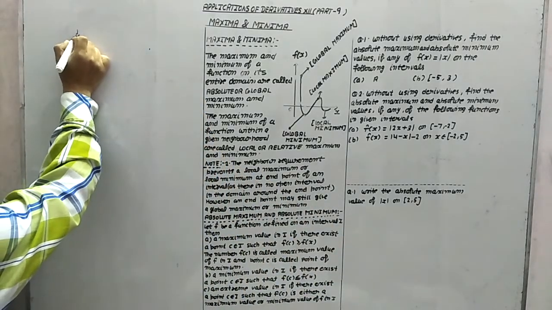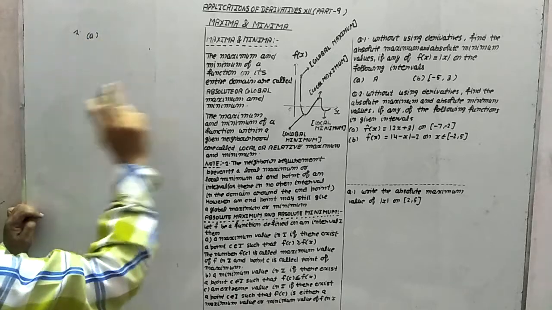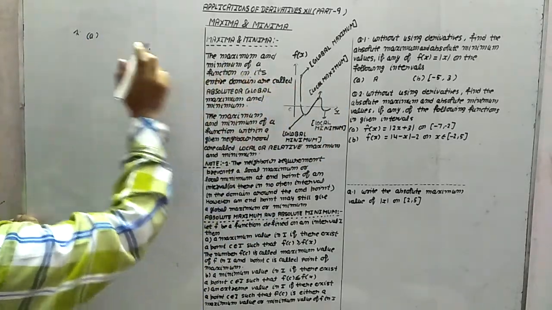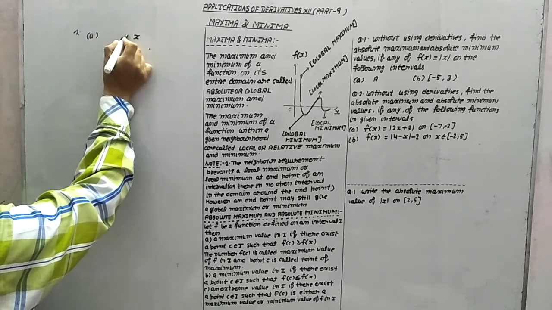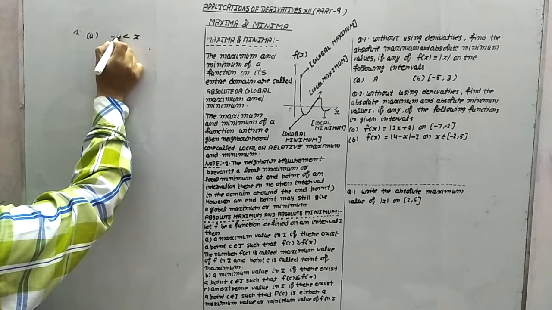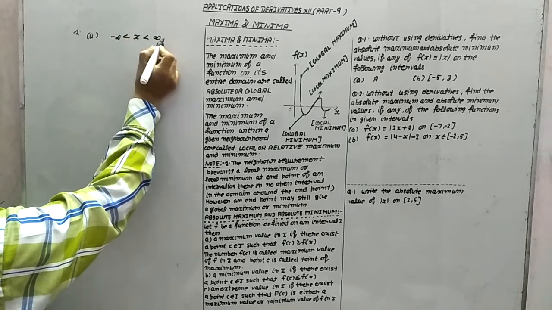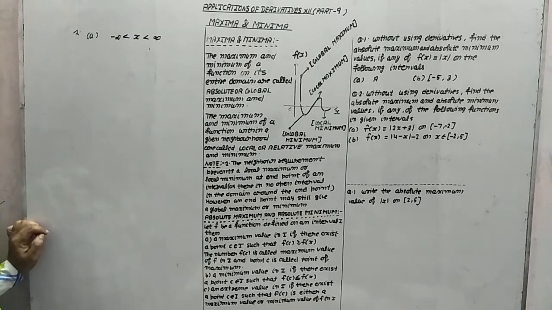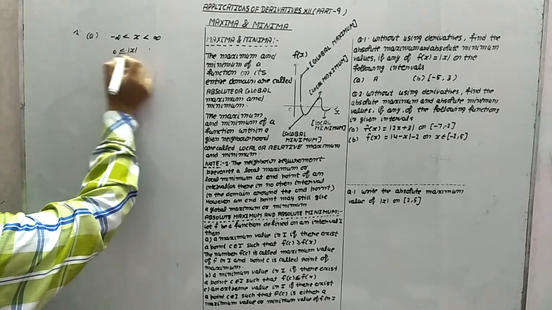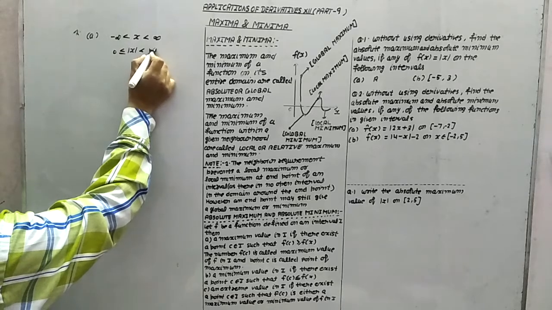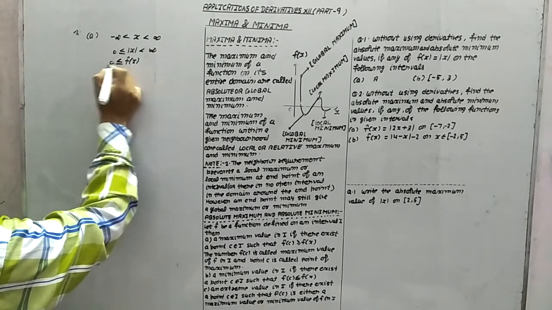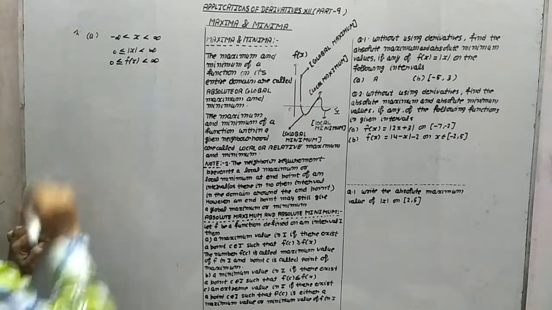Suppose in the first question we are doing part a. Now the function is modulus of x. The first part is on the real numbers. We know x is greater than or equal to minus infinity and less than infinity on the number line. Now modulus of x means greater than or equal to 0 and less than infinity. It means f(x) is greater than or equal to 0 and less than infinity.